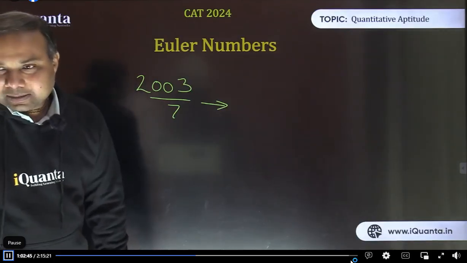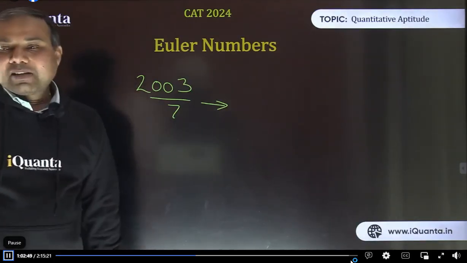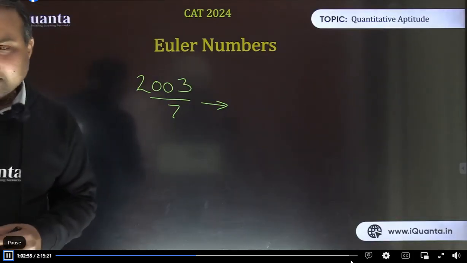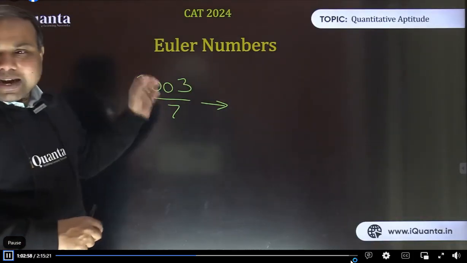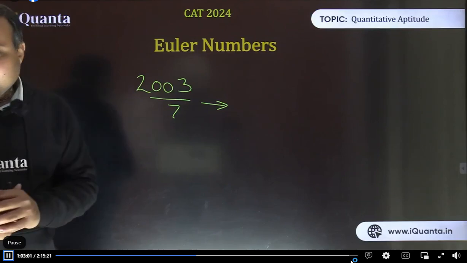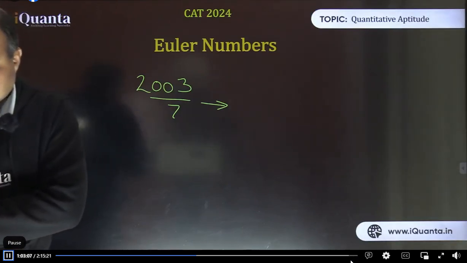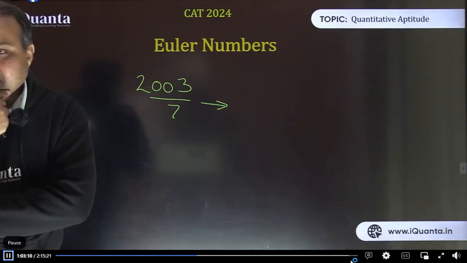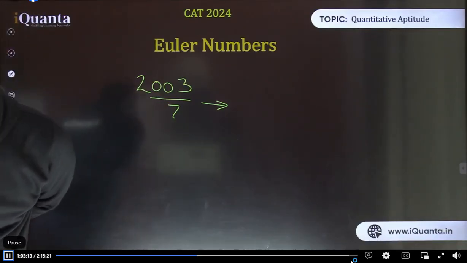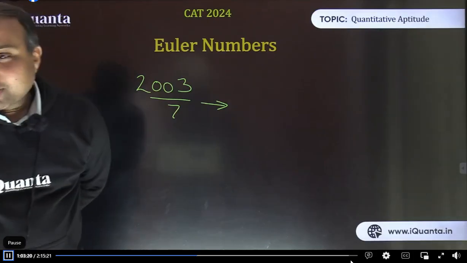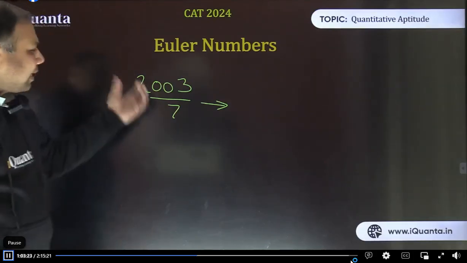Yes, 1 is the remainder. When 2003 is divided by 7, 1 is the remainder. कैसे किया? Tell me. Have you just simply divided this number, or have you used any particular method? Yes, 1 is right. Please tell me. Normal division. ठीक है. आशर बोल रहे हैं normal divide किया. हाँ, कनिष्का ने अच्छा चीज लिखी है. 003 minus 2. Wonderful. See, छोटा ही नंबर है, आप सीधा डिवाइड भी कर सकते हैं.